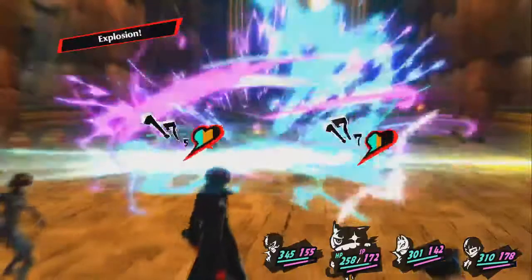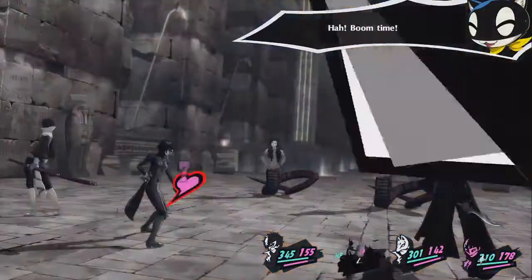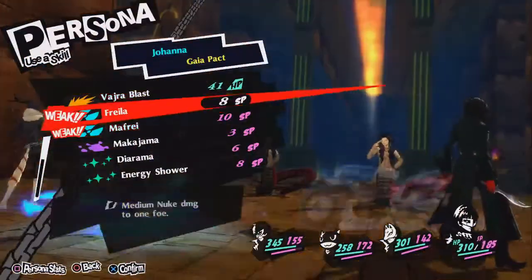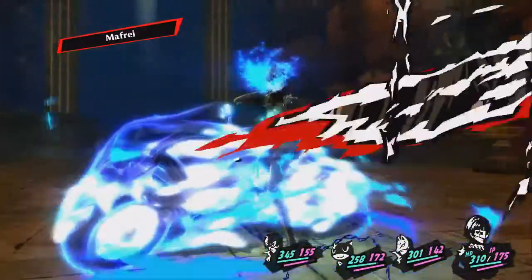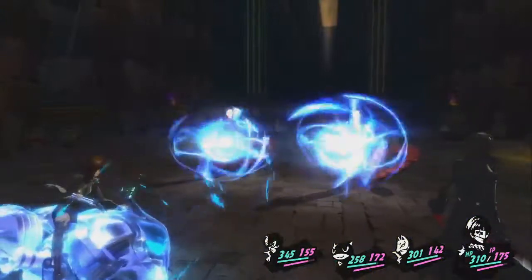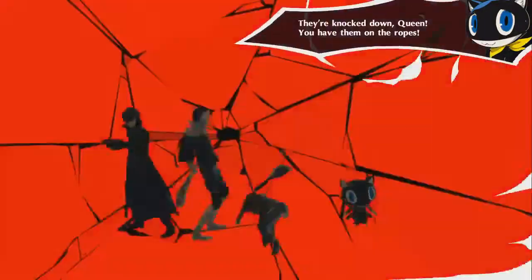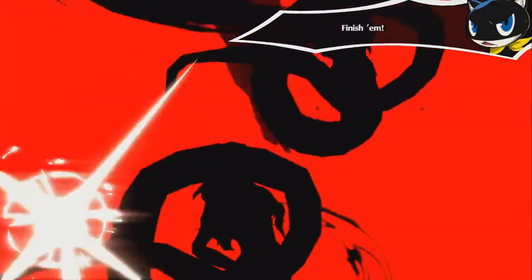Very nice. Boom time. Two enemies remaining. The enemy is weak against ice. Persona. We're strong. Joanna. Knockdown, Queen. Drop him on the rope. Finish him. Done and